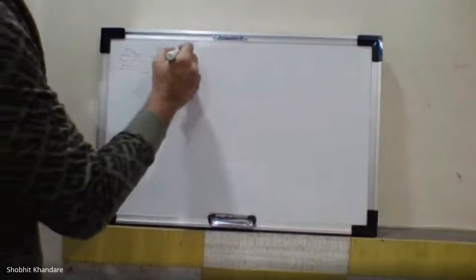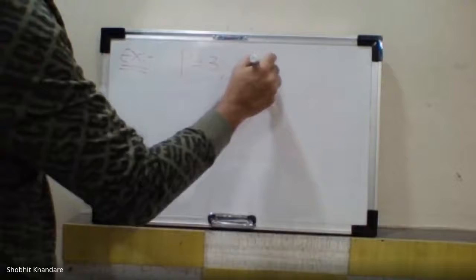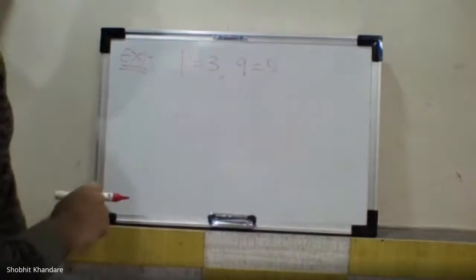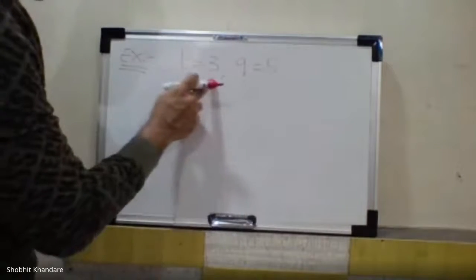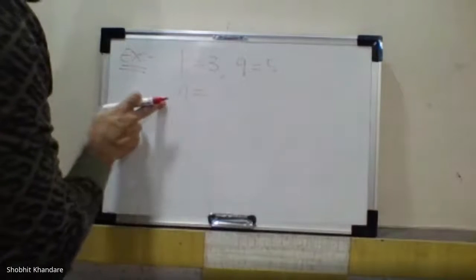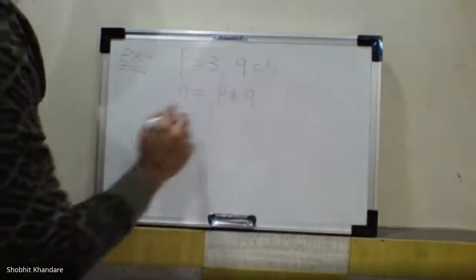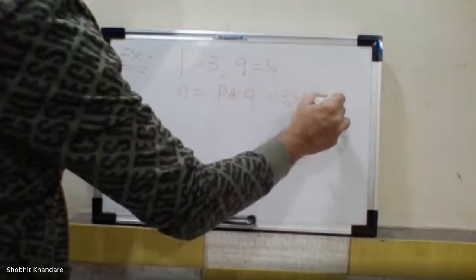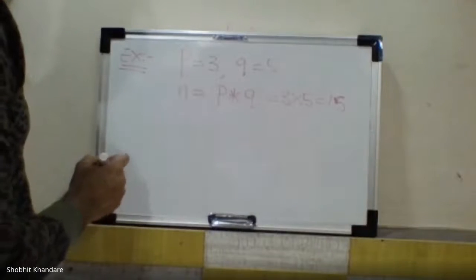Okay. So first take P value as 3 and Q value as 5. Can I say these are the two least prime numbers I have taken? Now apply all the steps one by one. I have taken P equals 3, Q equals 5. Small n is given as P into Q, which is 3 into 5, equal to 15.